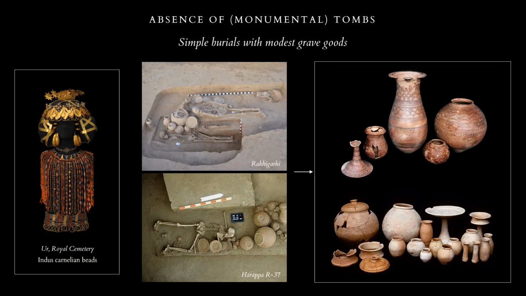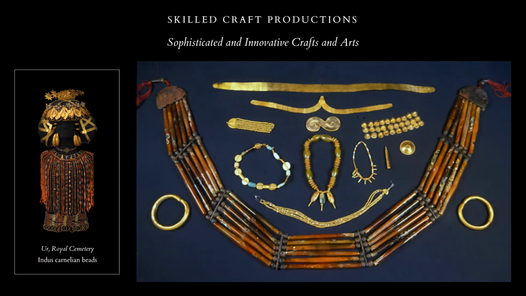Indus tombs included modest grave goods in contrast with the lavish quantities of gold and gems found in the royal tombs of Egypt and Mesopotamia. Of course, this does not mean that the Harappans were not capable of producing precious objects. On the contrary, they were extremely skilled and innovative craftspeople, and some of their productions were highly desired across Western Asia. Actually, a considerable amount of the carnelian beads found in pre-dynastic and Akkadian royal tombs was made by Harappan beadmakers, either in the Indus Valley or directly in Mesopotamia. The Harappans simply chose to keep their wealth in circulation rather than bury it with their dead.